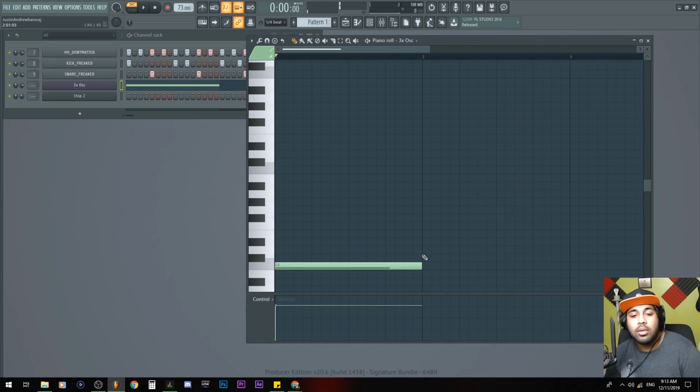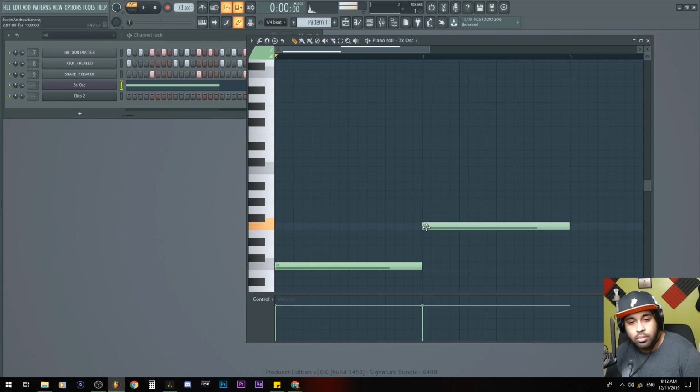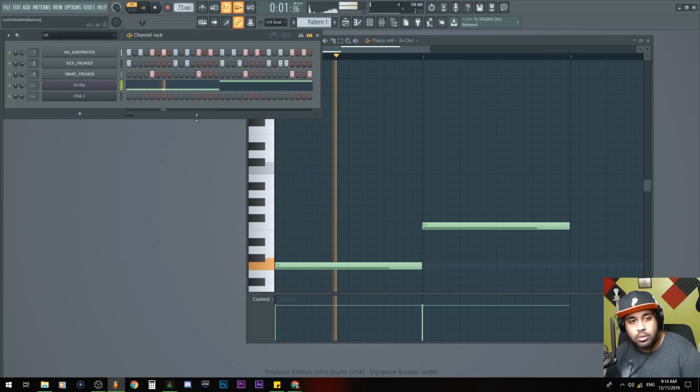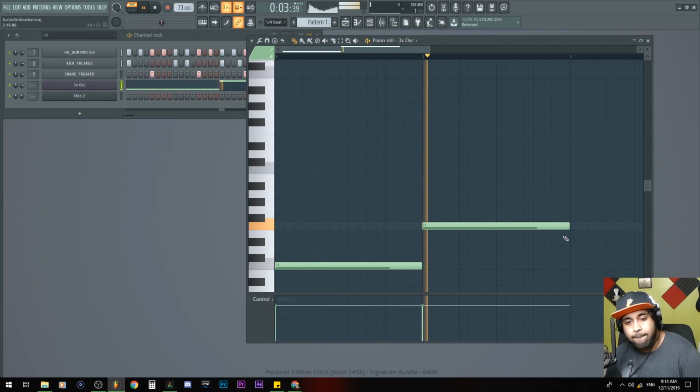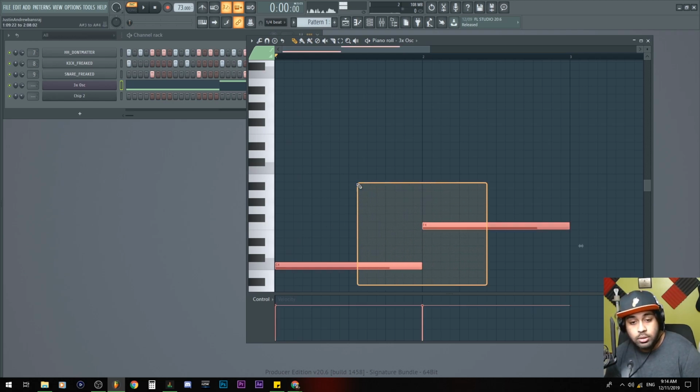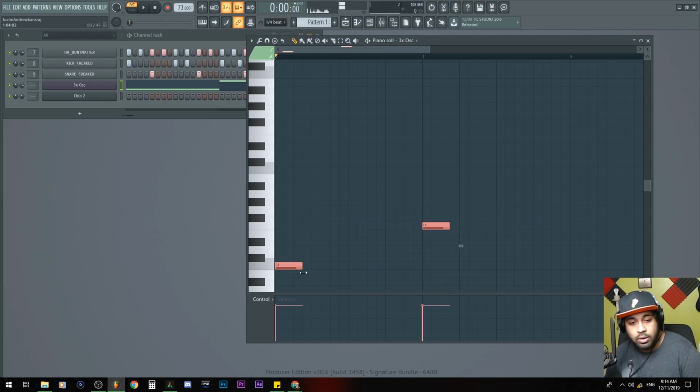Cool. The next part of the bass, we'll just pencil in. As you see, when it reaches the next note, it will play the next note that you input. If I were to highlight this and then shorten it like that, going to this side here and just dragging.